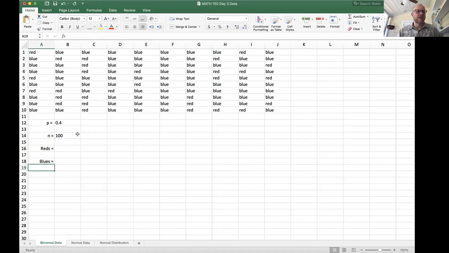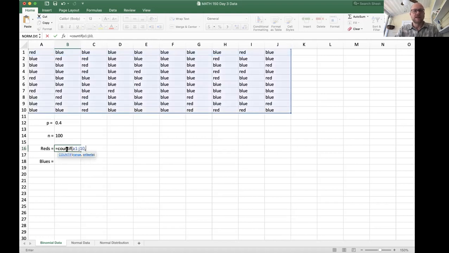All right. Now, the thing here is we're going to use the COUNTIF. We've already seen that the COUNTIF function will actually count things that are alphabetic. Remember when we did the male, female, and the Democratic, Republican counts on the previous assignment? So equals COUNTIF and A1 colon J10, comma, and then the criteria has to be a quotation mark and equals,